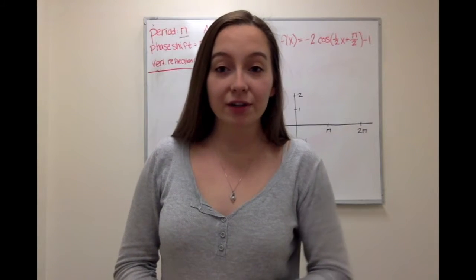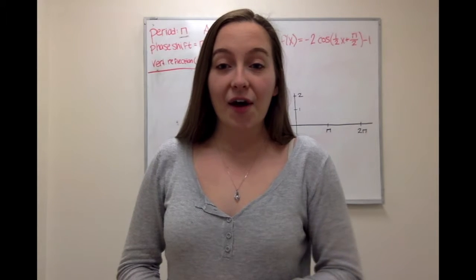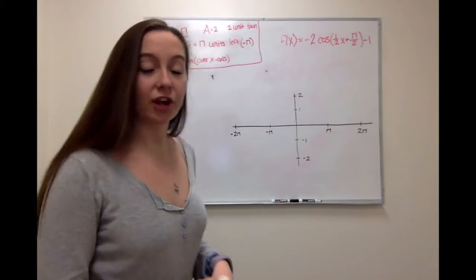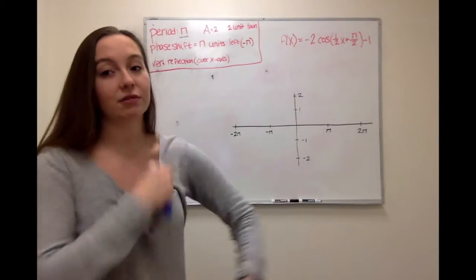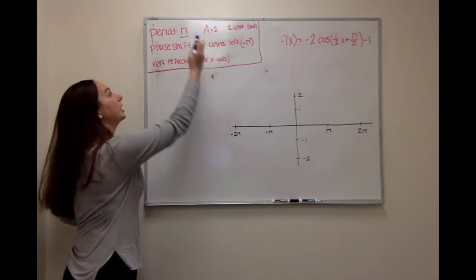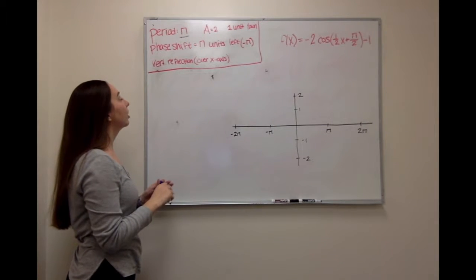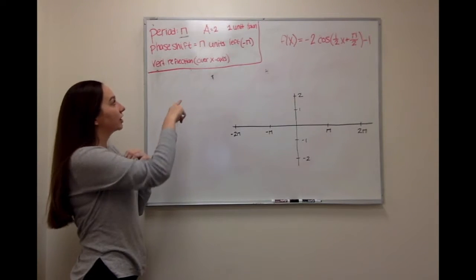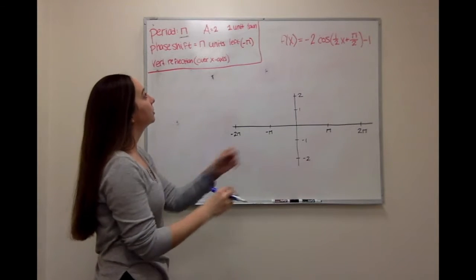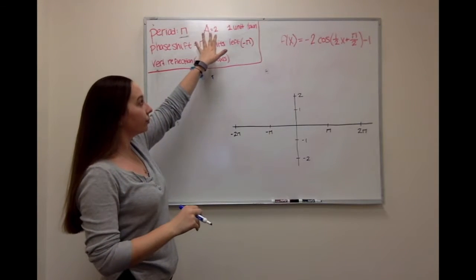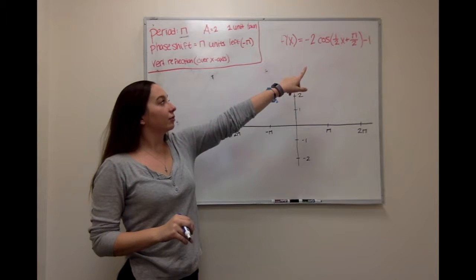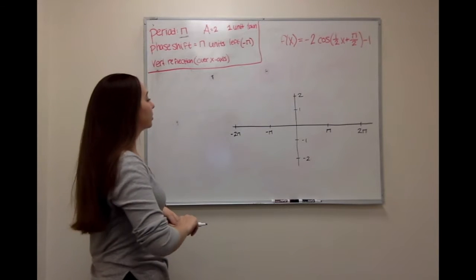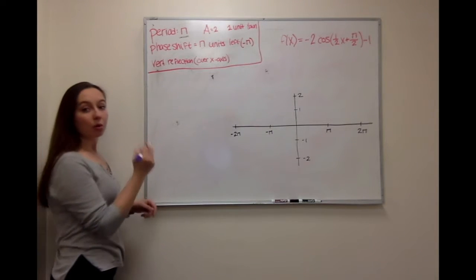So now that we've done our calculations and figured out our phase shift and our period, it's time to graph it. So to go over what we already calculated real quick, we have our period as pi, our phase shift is negative pi, or pi units to the left, a vertical reflection over the x-axis, and the amplitude is 2, and due to the negative 1 on the end of the equation, we're moving the whole thing 1 unit down. Okay, so to find out our points,